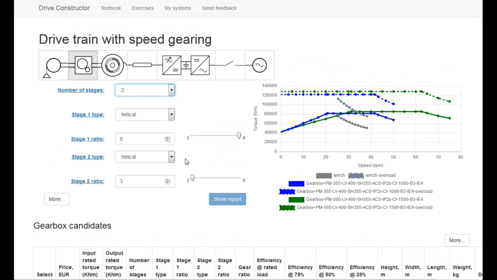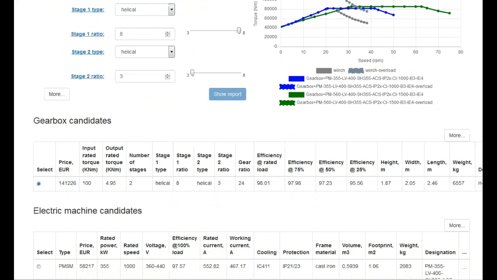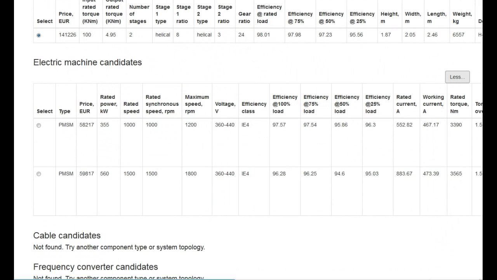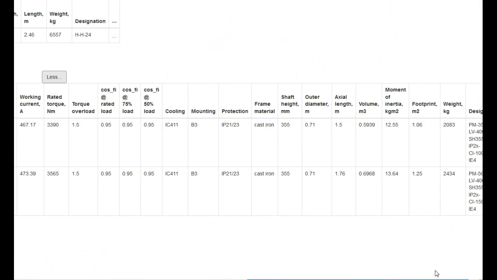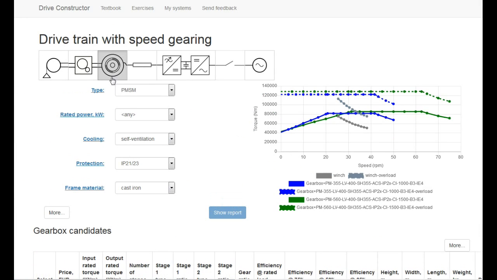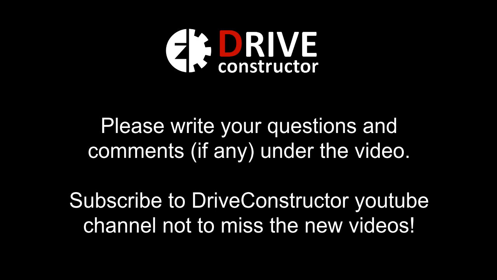If we now add another stage to the gearbox, I believe we reduced the rotor inertia even further. Yes, but again the gear ratio was increased, and if we square that number, the overall inertia may increase as well. So of course we can play with the motor type, because different motor types will have different inertia for different configurations.